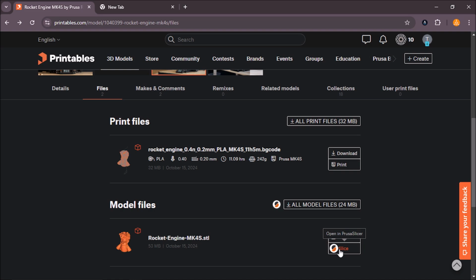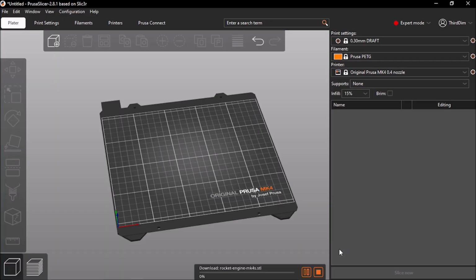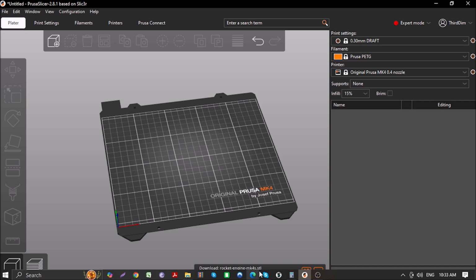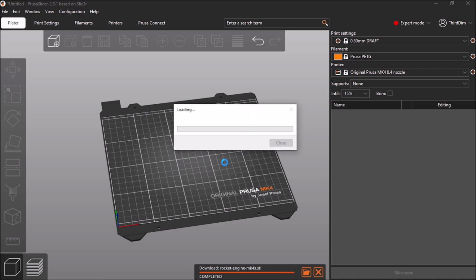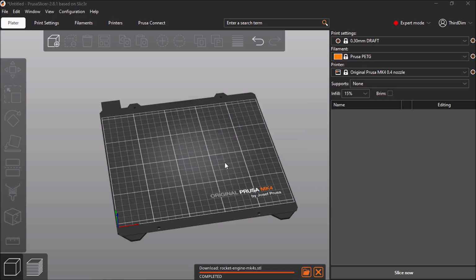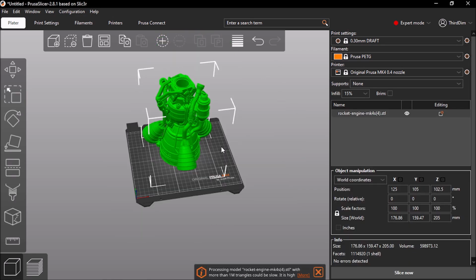Once you click on the button, it will automatically open the PrusaSlicer and then it will start downloading the file from Printables in PrusaSlicer. Here you can see that we are downloading an STL file, rocket engine, from Printables. Once the download of the file is complete, it will automatically open in the PrusaSlicer and it will be available for further processing. Here now you can see that the file has been downloaded, but this functionality will only work